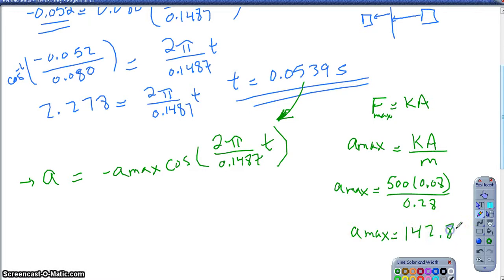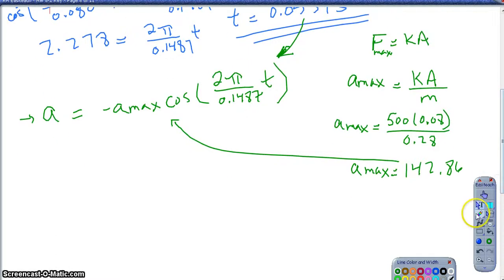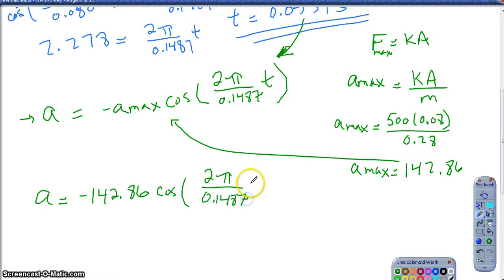So 142.86 is what I end up getting for my maximum acceleration, and I'm going to substitute that in over here. So I've got my time from using the position function, I've got my acceleration by either doing the second derivative or by just calculating it using the numbers they gave me, and then substituting all of this in, negative 142.86, and notice I do keep the negative in there, and then cosine of 2 pi divided by the period of 0.1487, and then times the time that I found up above, which was about 0.0539,